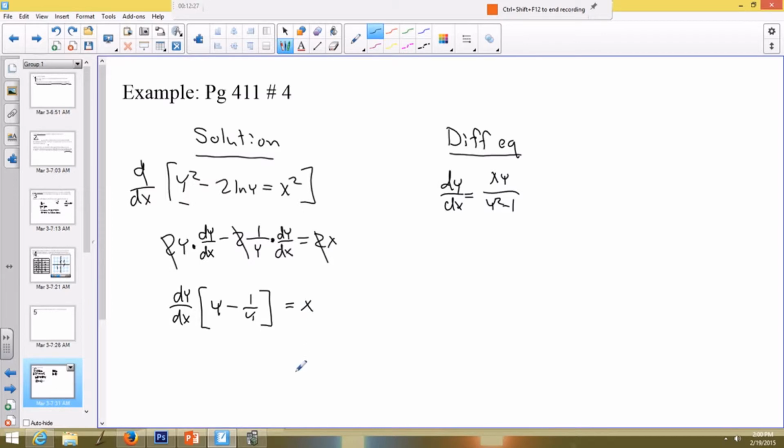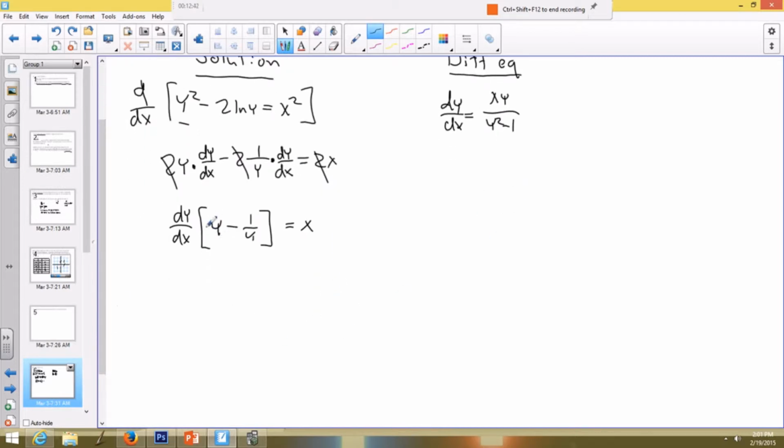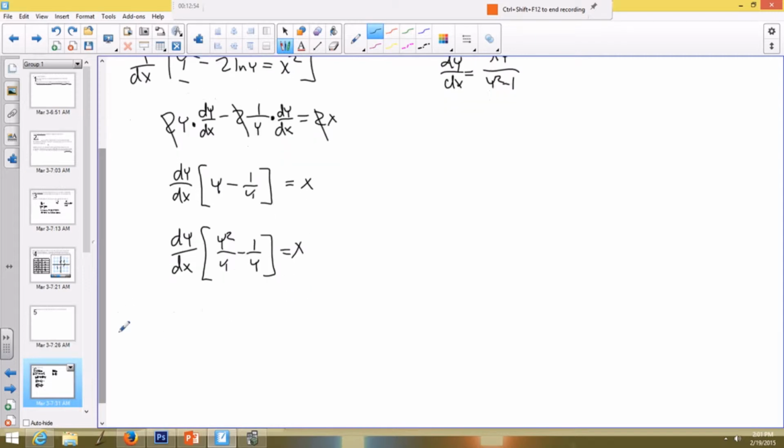equals just x. Okay, now we could divide this and that'll work, but before we do that, let's combine this into one fraction and then we can just flip and multiply. So this thing I have to multiply by y over y. So I got dy over dx times y squared over y minus 1 over y equal to x. And we can see real quickly dy over dx times y squared minus 1 all over y